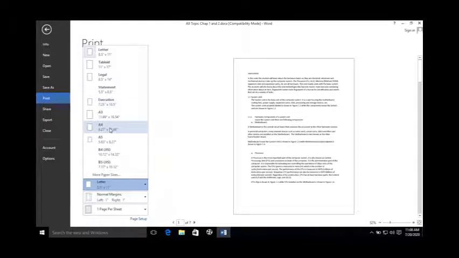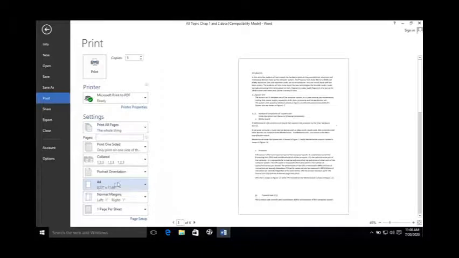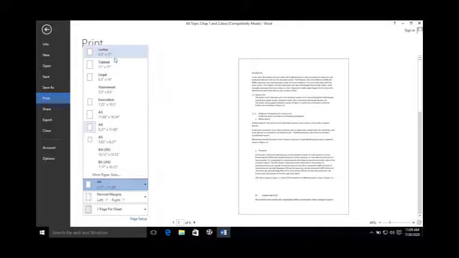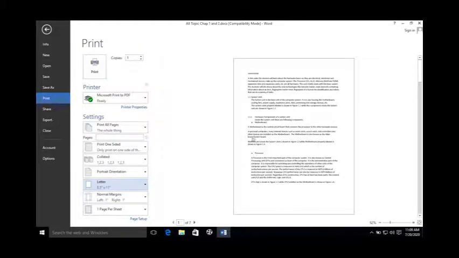If you are using A4, select A4 size paper, and you will see that the preview also changes according to the page width and length. If I select the letter, the orientation is changed and the preview is also changed because the length and width vary. These are different standards of pages available in the market that are used for printing purposes.